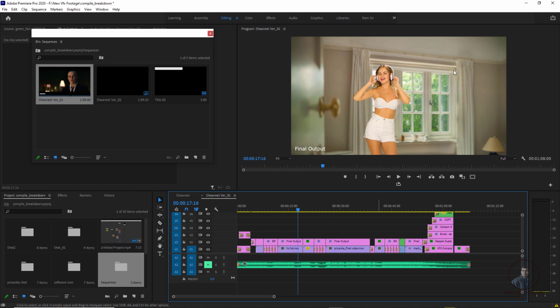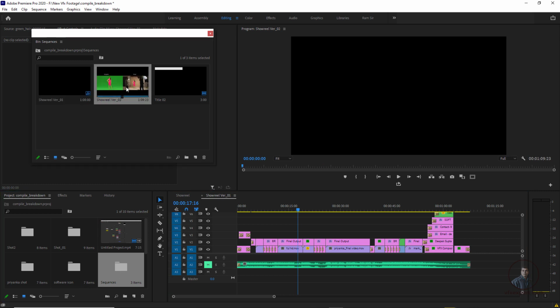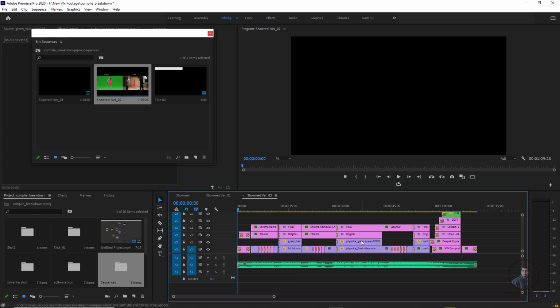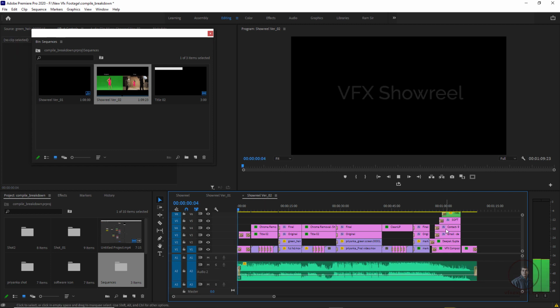So suppose here I have created another version of this tutorial here. The same shot I have placed, but in a different way. So now I am going to show you another version here. So again, double click here and now click on this second one. The same shot I have placed here but in a different way. So now play and check this one also. A little bit adjust this audio here. So now you can see here guys.